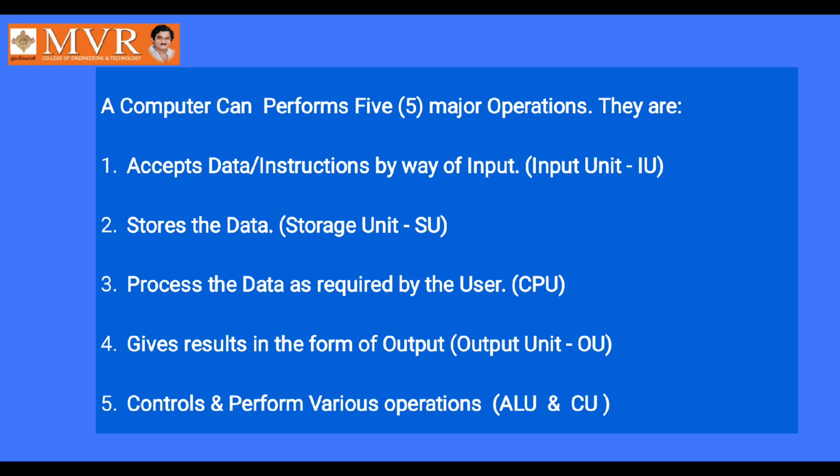And the second activity of the computer is that it stores the data. Whatever data we give should be stored somewhere for later usage in operations, like logical, arithmetic, or whatever it is. For that purpose, the computer will store the data. Where is it storing the data? In the storage unit. So what is an input unit, example? What is a storage unit, example? We will discuss in the next slides.